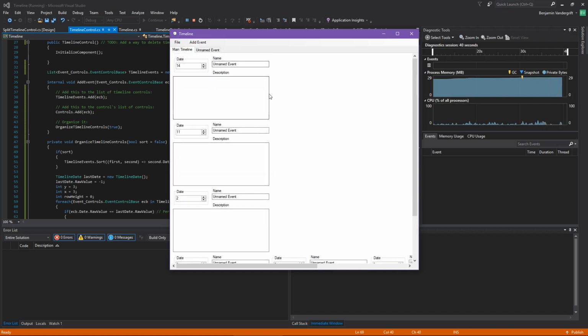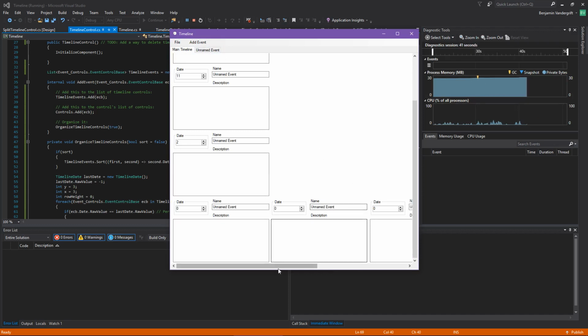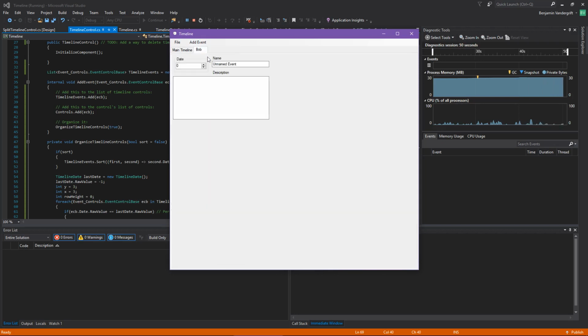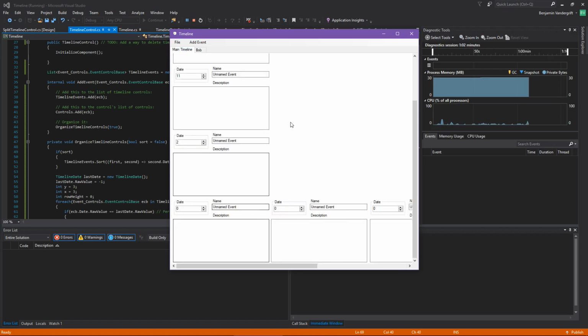If I make a split timeline, right here's my split timeline. So I should be able to call this Bob, and it does change this up here, and if I go up here and I add a standard event, I can get a couple standard events. Now, obviously, it's not properly repositioning these things. And also, when it's repositioning them